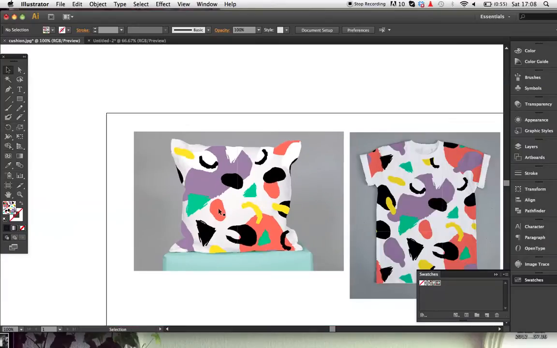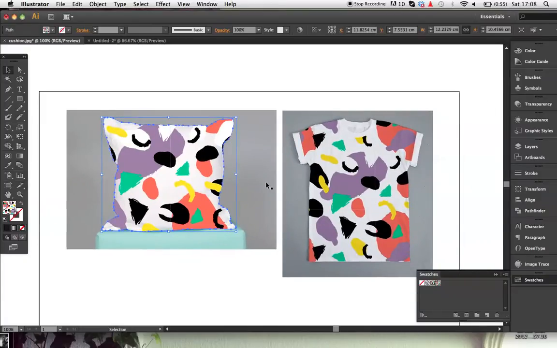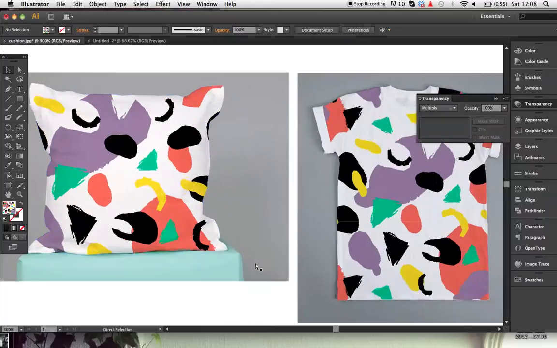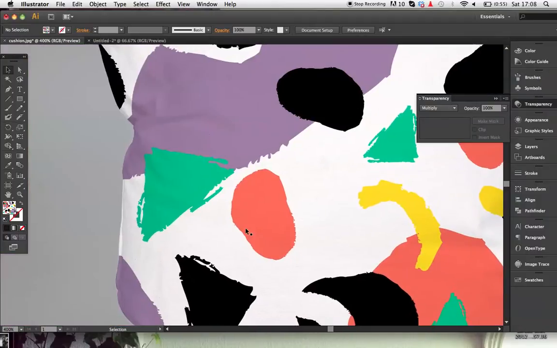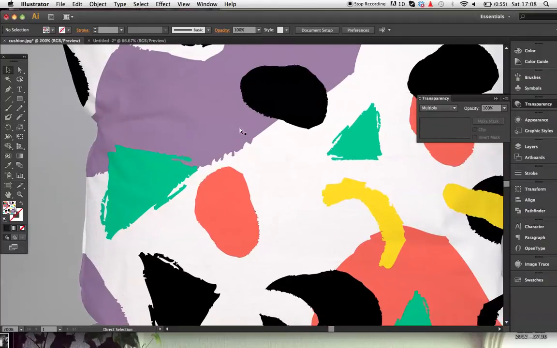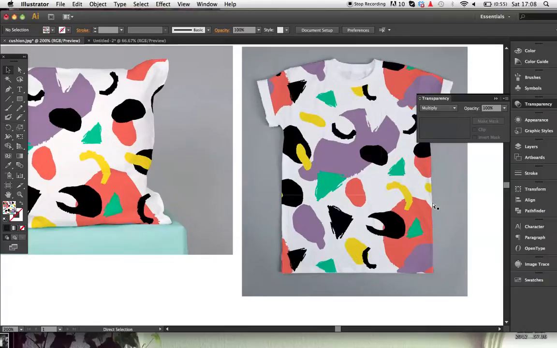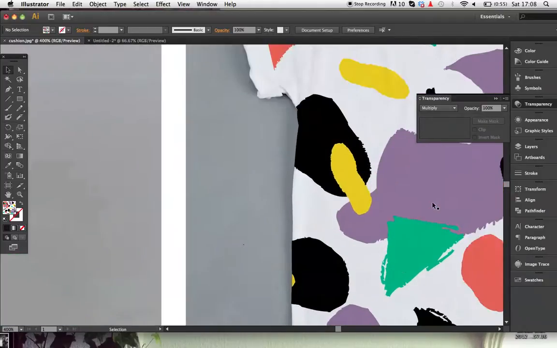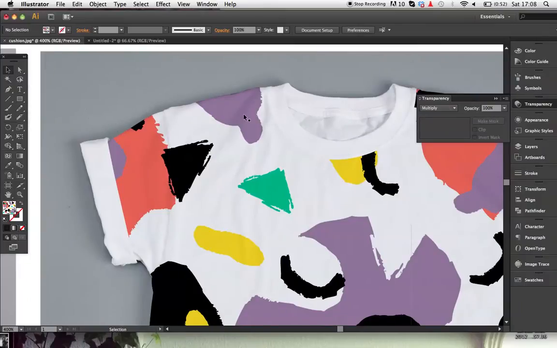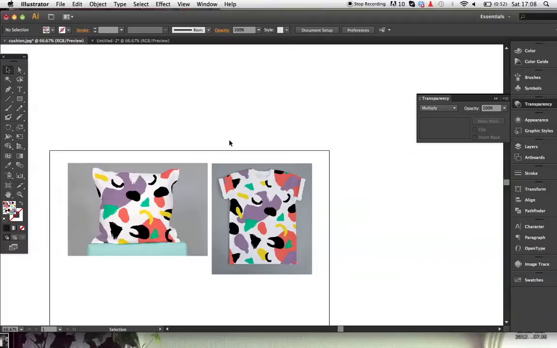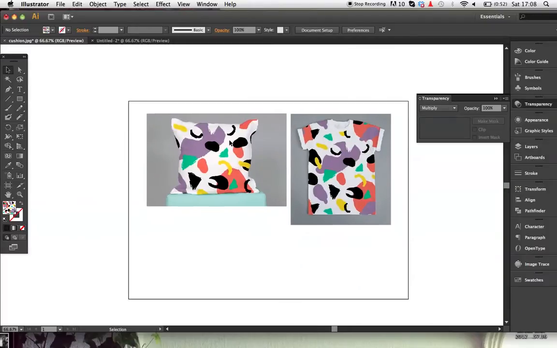So to give it a bit more depth, I'm just going to select it, go to transparency, and then multiply, and then you can see the shadows from the creases on the cushion are showing through. Same with this one. Yep, there we go, just like that. And when you're happy with it,